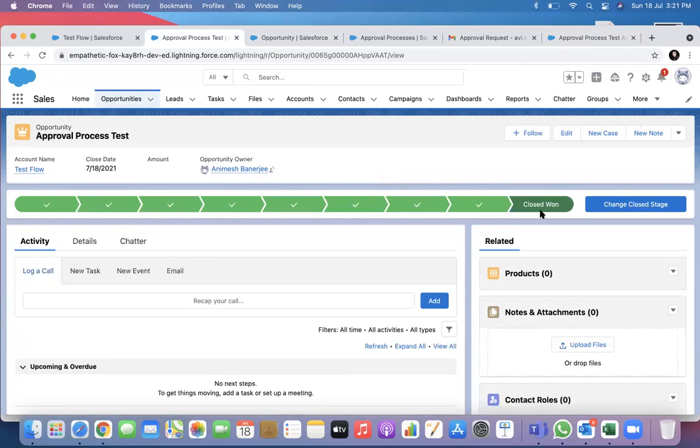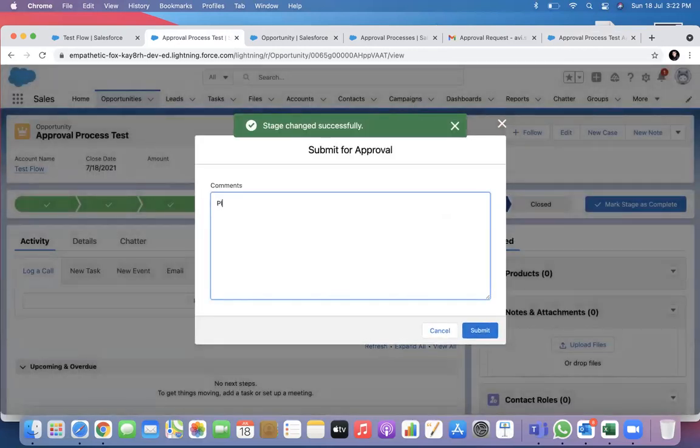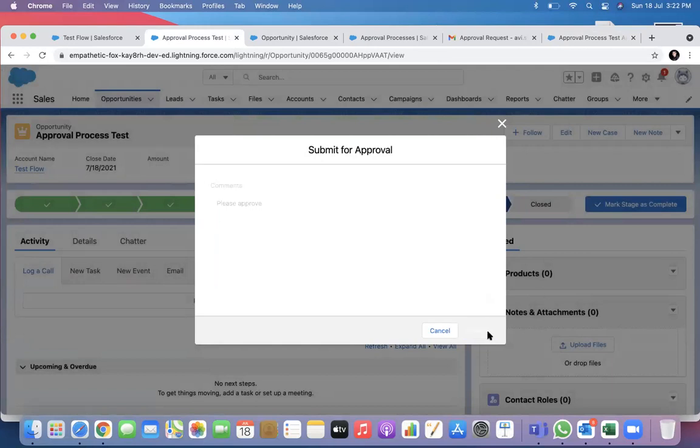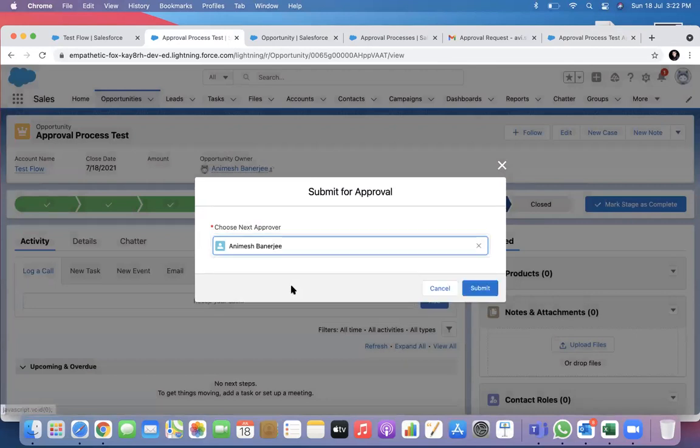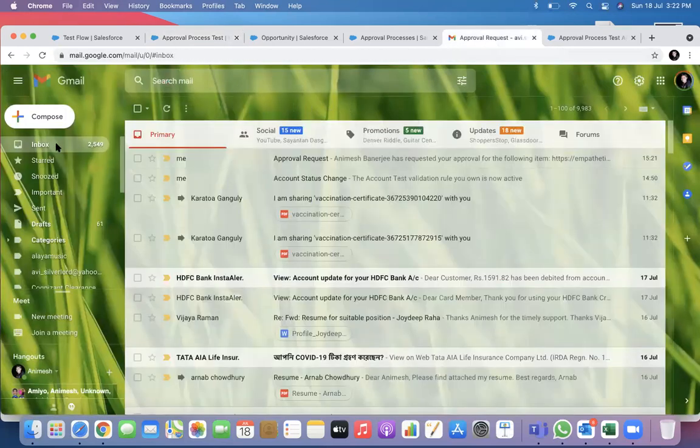It is now closed won. What if I change this and resubmit it again, and this time I reject it? Let's see that. Again, I have got another mail.